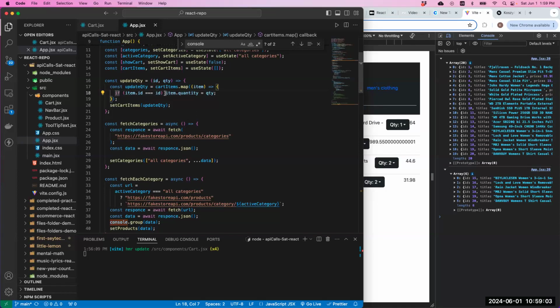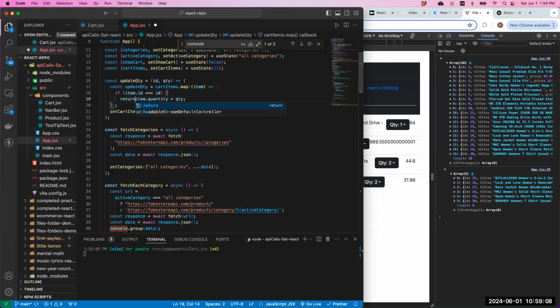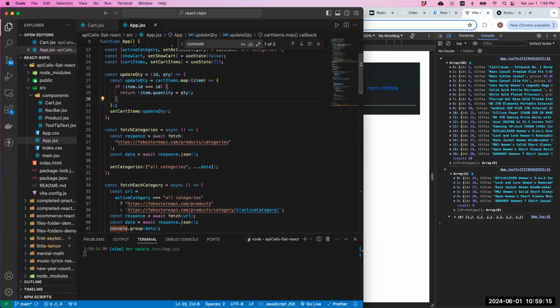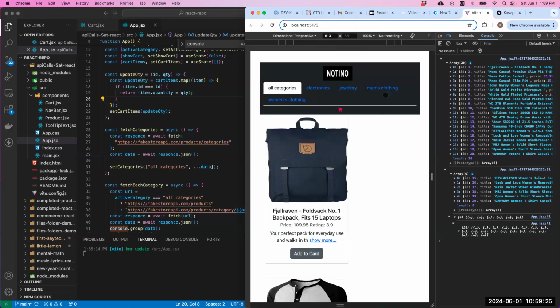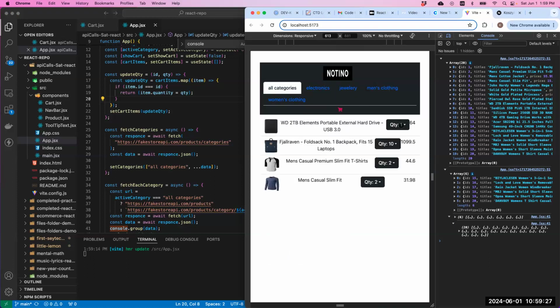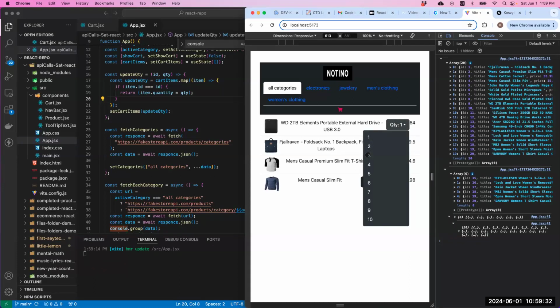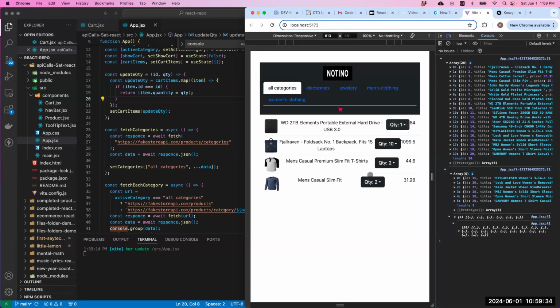I think let me just put it like this. Return and close it here. No, it's not showing. I'm not selecting, but